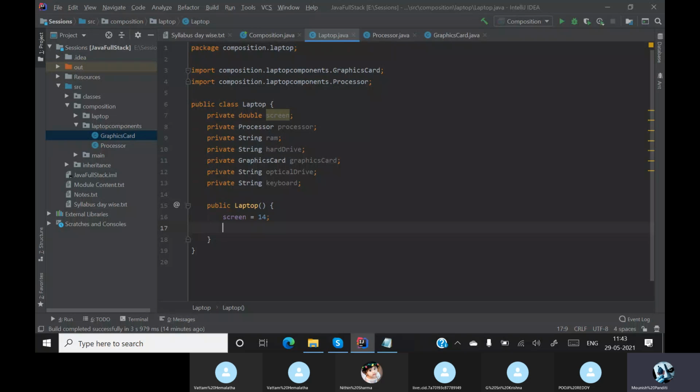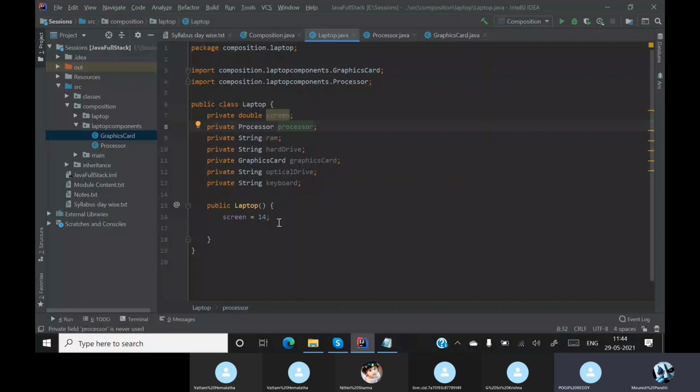And here, processor. So how do you give a processor value? Processor is a class, right? Yes, sir. Processor is a class.